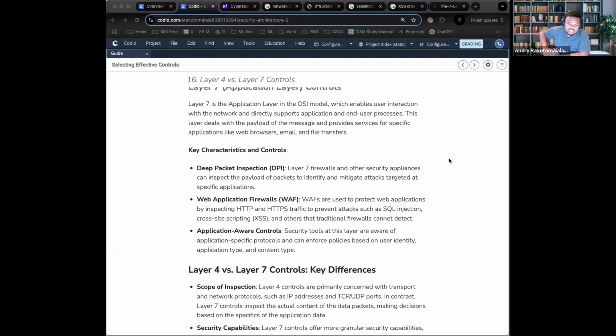And the last one is application aware controls. This is just where it blocks access to specific services. An example, there are a lot of companies right now who are very wary of TikTok. And so they have application aware controls and policies that don't allow TikTok traffic to operate on their network. Sometimes you'll try to use TikTok or social media and it won't work.